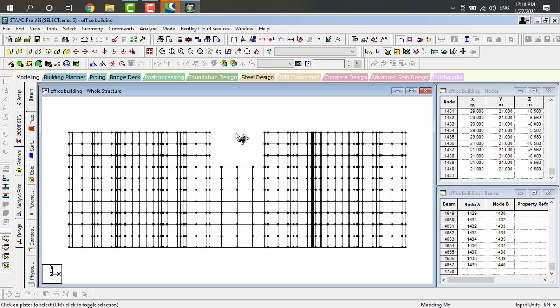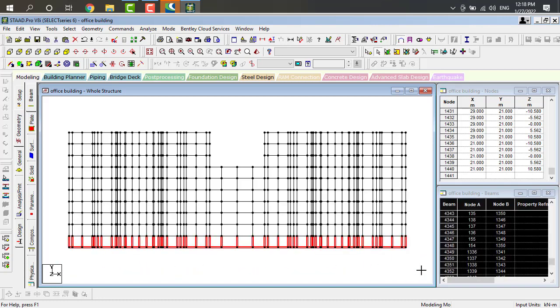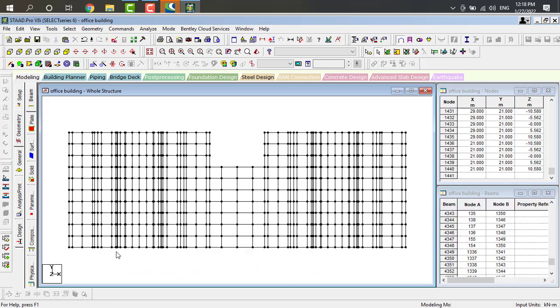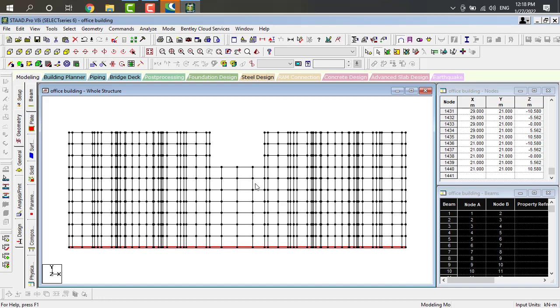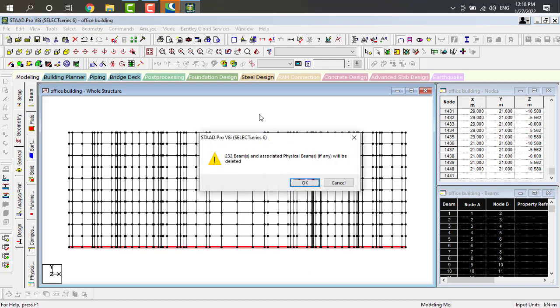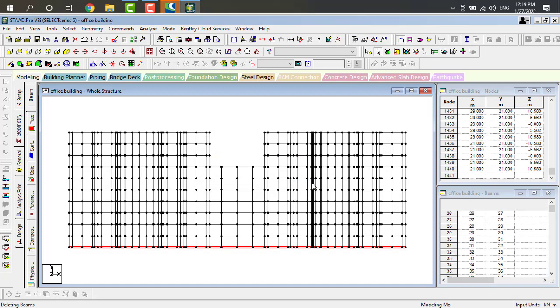Again I have to select the beams at the bottom. Sorry, these all are selected. Like this, the beams all are selected. Just click on delete and click on OK.